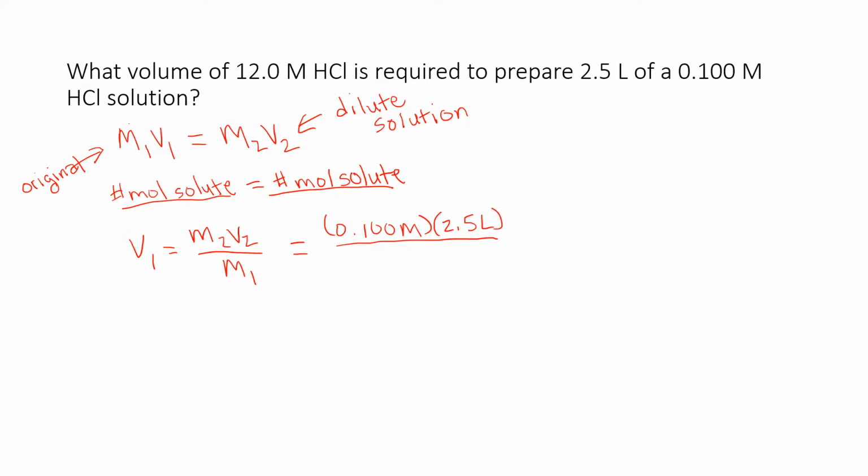And then we're going to divide by M1, which is the 12.0 molar concentration of HCl. And so the molarities here cancel, leaves me with liters, all right, which is the volume of the solution. And so we get